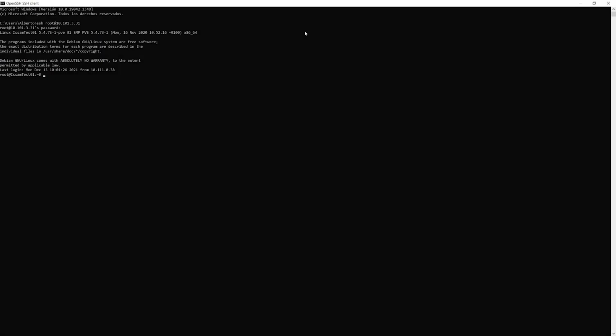Let's take a look at how to perform a clean installation of Neuron on the Linux operating system. The first thing to do is download the installer file from the download page of our website neuron.com.